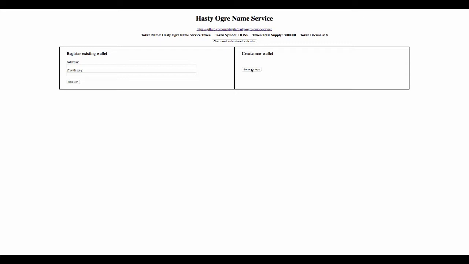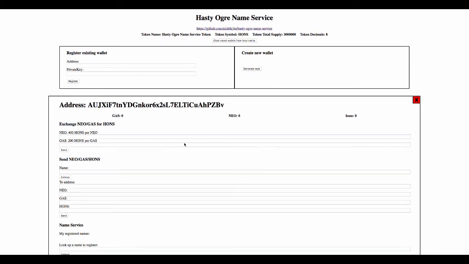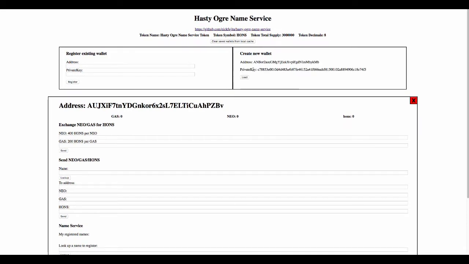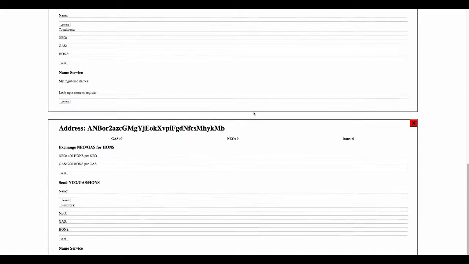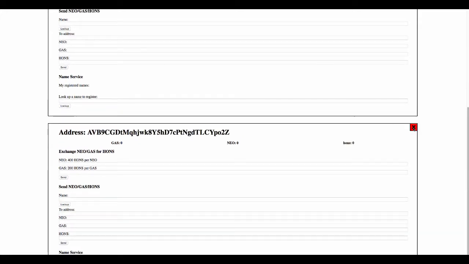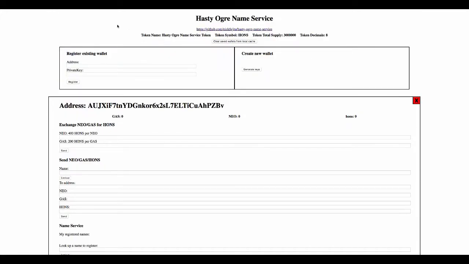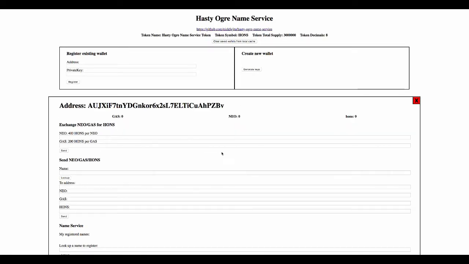In this sandbox, you can create wallets, as many wallets as you want. You can scroll down and see all the wallets here. You can also remove them. One of the cool things is that it uses your local cache as well, so if you refresh the page or close your browser and reopen it, it'll still be there. But please keep in mind that this is just a development sandbox, so these aren't real. You shouldn't be using your real private keys or anything, especially when you're registering them in here. If you're looking to clear it, you can just hit clear cache, and the next time you refresh,